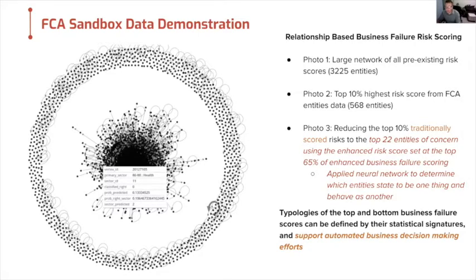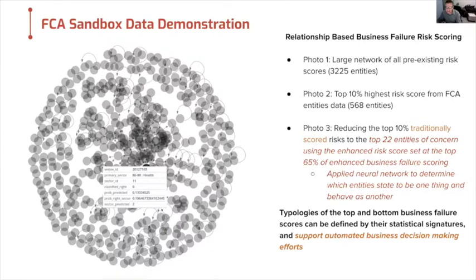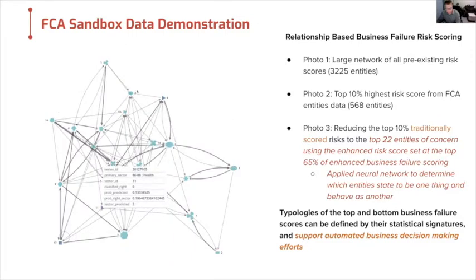This is photo one. As we talked about, 3,225 entities. Apologies, this little call out box is supposed to pop up in the third picture. Photo two, as we talked about, this is if you just decreased it to the top 10% of your normal risk scoring. And as you can see, by node size being the risk, it's very difficult to discern who the risk is. But here in the third picture, this is what we're able to reduce that whole network to,